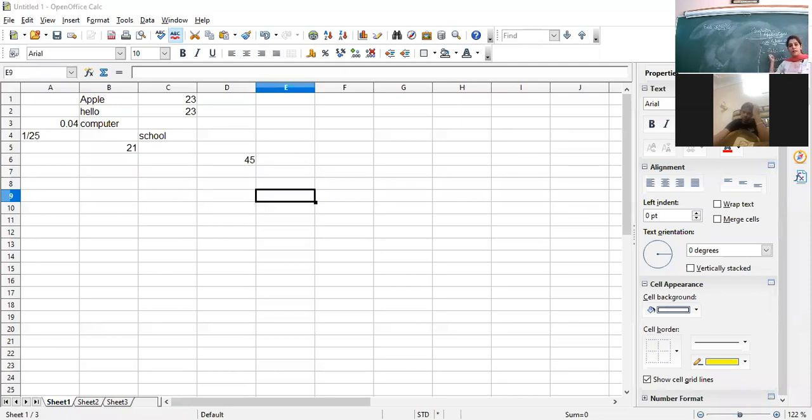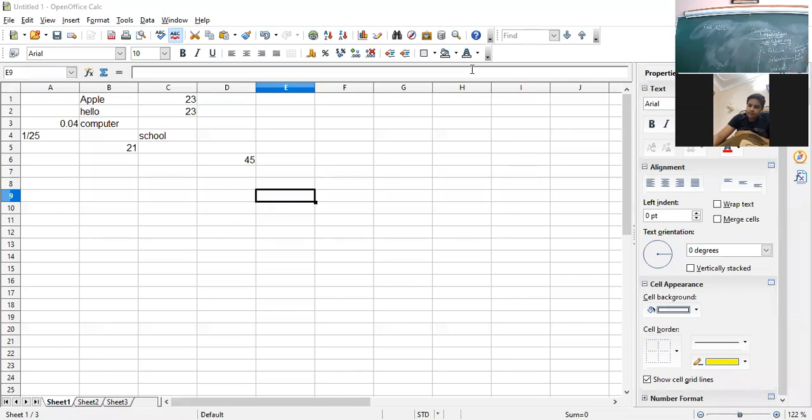In case of relative referencing, when you are going to copy the cell addresses to a new cell, the cell address formula will get changed. The values will get changed. In absolute, the content will not get changed on copying the data.